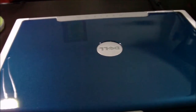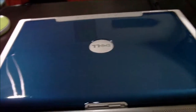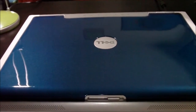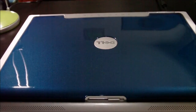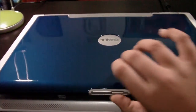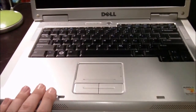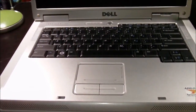While I'm talking about charging it, I'm going to go ahead and get into the battery life. This includes a 9-cell, 85 watt-hour battery that I pulled from the Inspiron 6400 a while ago. It works great. I just went to a place where I did not have power and I had to use my laptop on battery. It worked great. And it was only at 60% charge level, and I've only used it for an hour, so that's really good